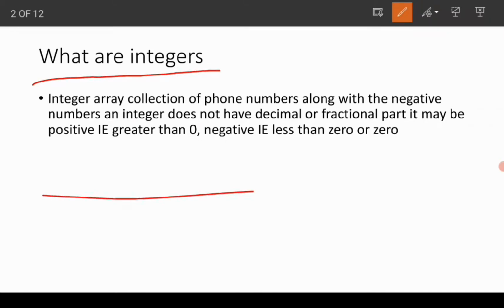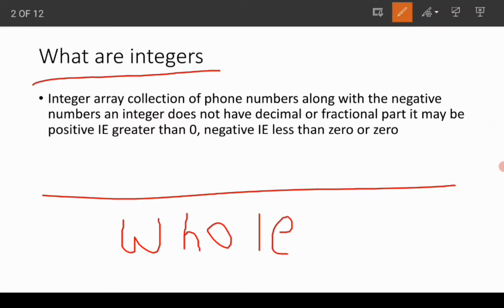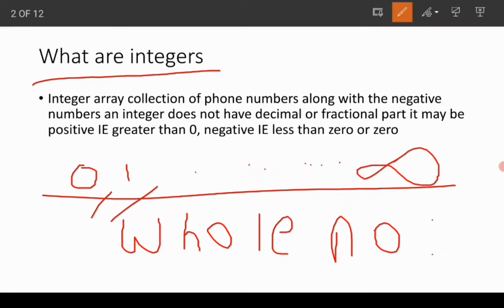So integers are nothing but a collection of whole numbers. Now what is a whole number? The numbers from 0, 1 and so on till infinity. These are called whole numbers. Okay. So the integers are a collection of whole numbers